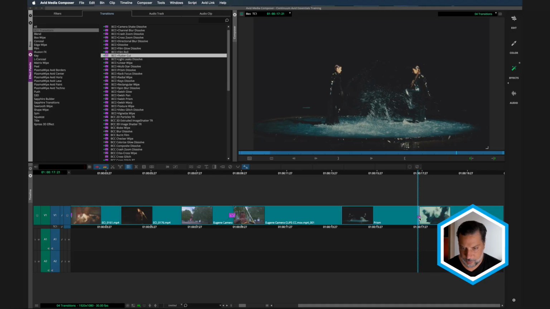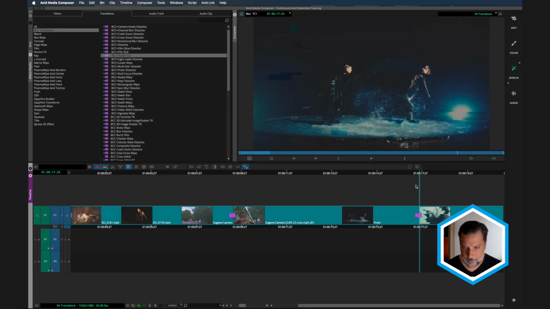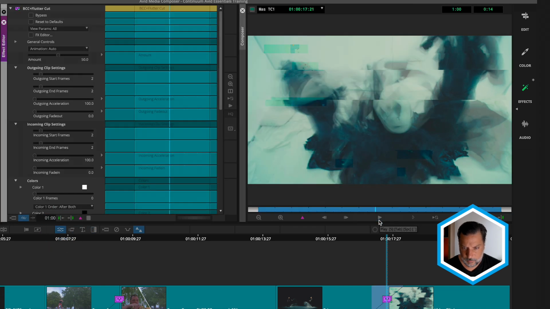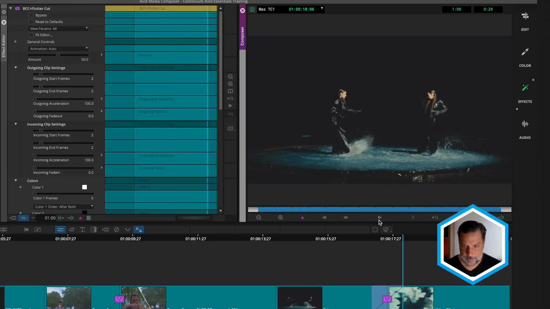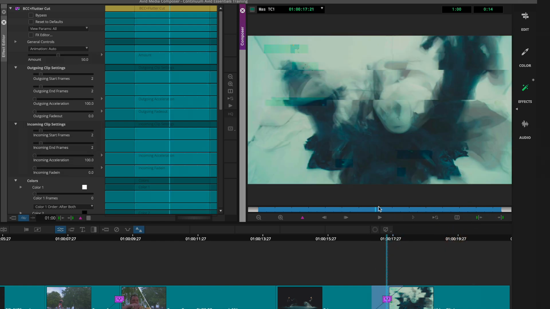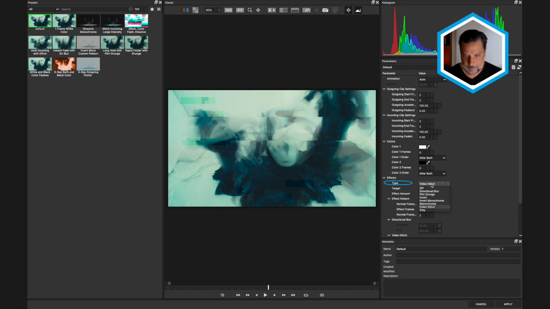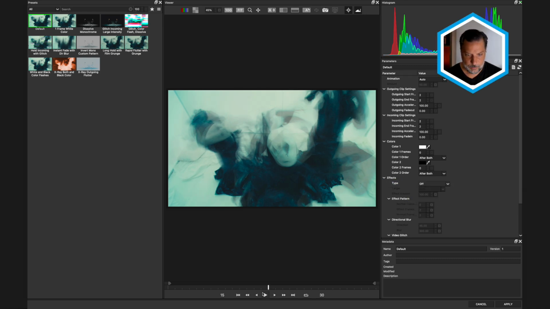So I'll apply that to the transition edit point here. I'll make sure that I am in effect mode so we can see the transition. And this happens to be a combination of a flash frame effect mixed with, at this point, video glitch. If we take a closer look at this effect, let's head to the effects editor and start to look at the properties of this. Right now, the effects type at the bottom is set to video glitch. I'm going to set that to off so we could see what's going on just underneath that and what's causing